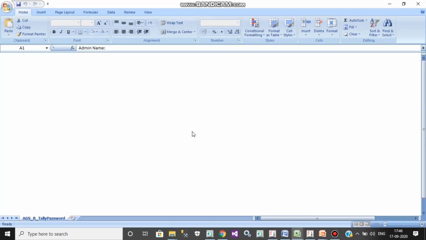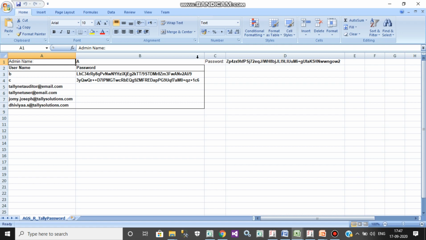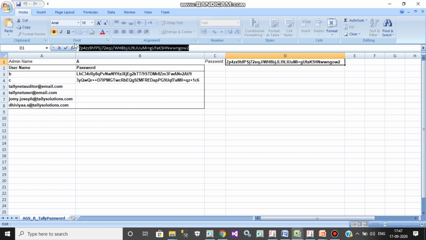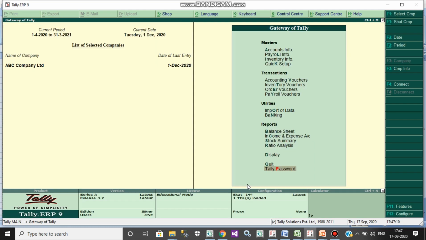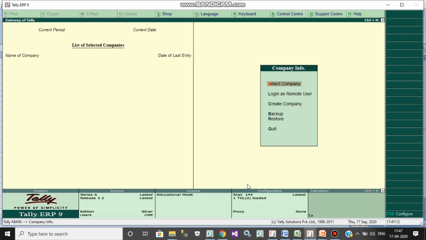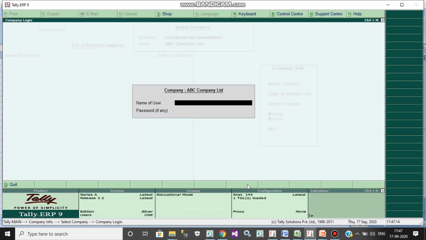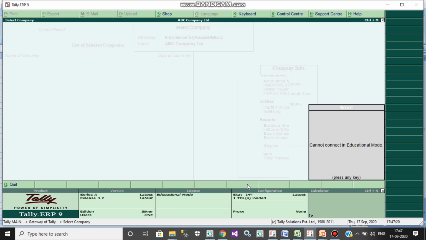Yes. Admin username is A and the password is in encryption format. We copy the encryption format, go to Gateway of Tally, Alt F1, select company, press A and press copy that file. It will open.